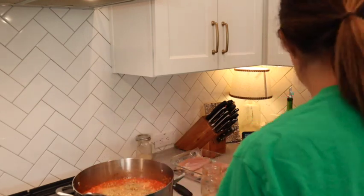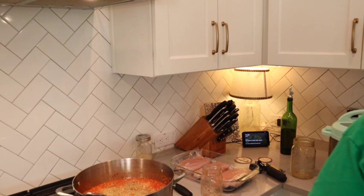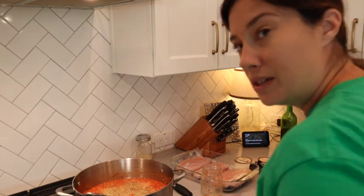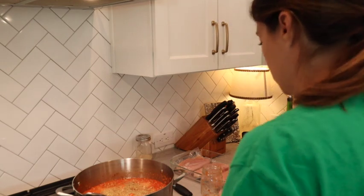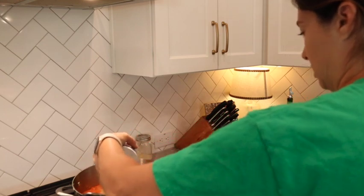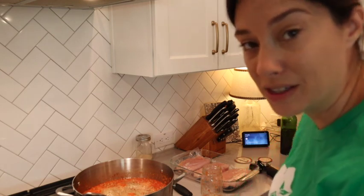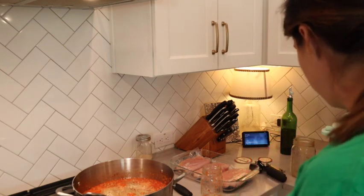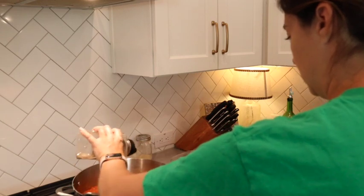And I use probably, I don't know, maybe like a tablespoon of that. And then I'm not going to use any onion powder in this, but I am going to use salt because I like to have mine seasoned pretty well, and I probably have to adjust this later. And I'm going to add a little bit of black pepper to this,